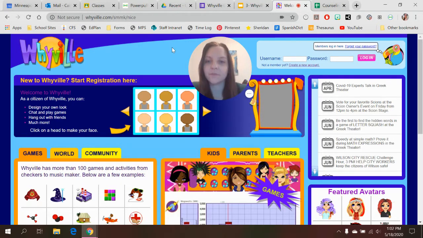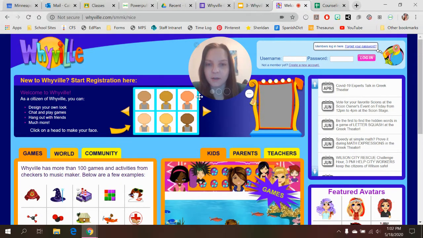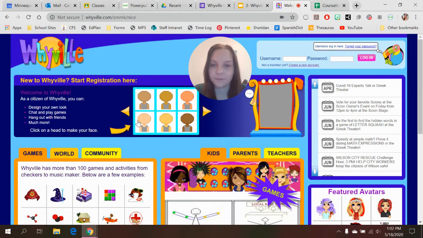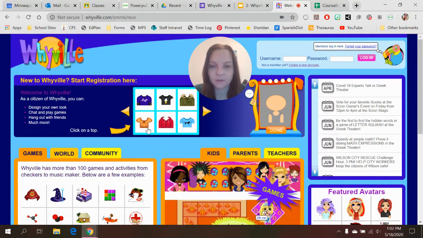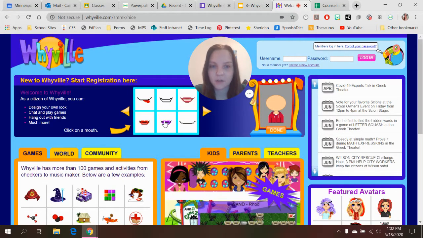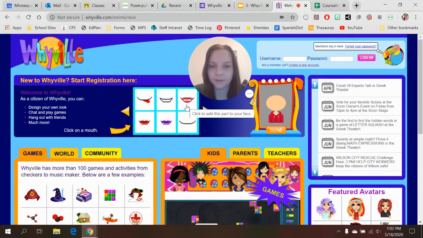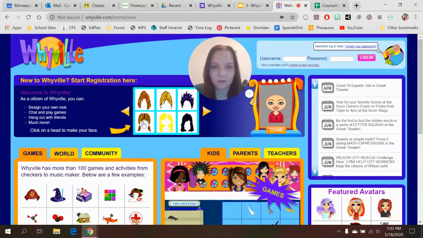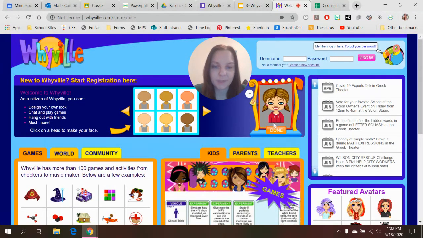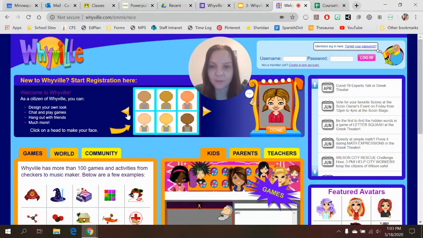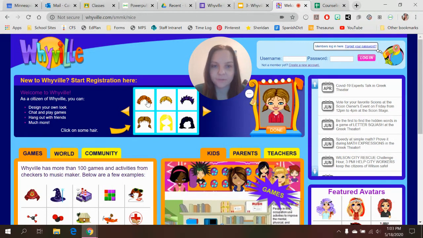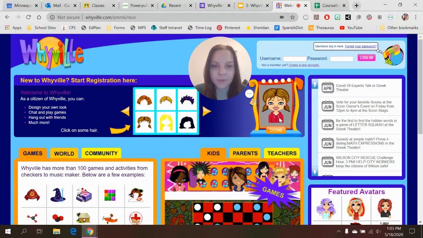So in order to begin, you start with this part right here where you get to make a character, whatever you want it to look like. So I don't know. I'll kind of make mine look like me. Maybe I'll do this, and I don't know, smile, blue eyes, and I kind of have brown hair. Okay, that's my person. If I don't like what I did, I can go back and be like, no, we want something else. Maybe I'll put a different nose on there. Okay, all right, that's going to be my person.